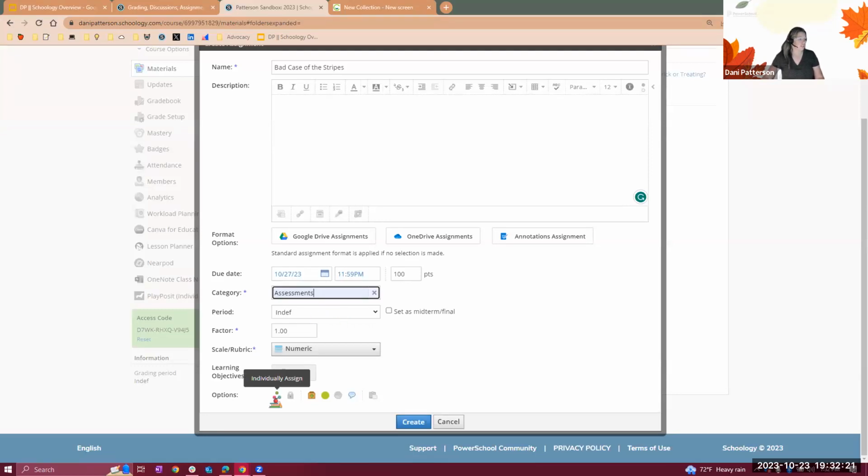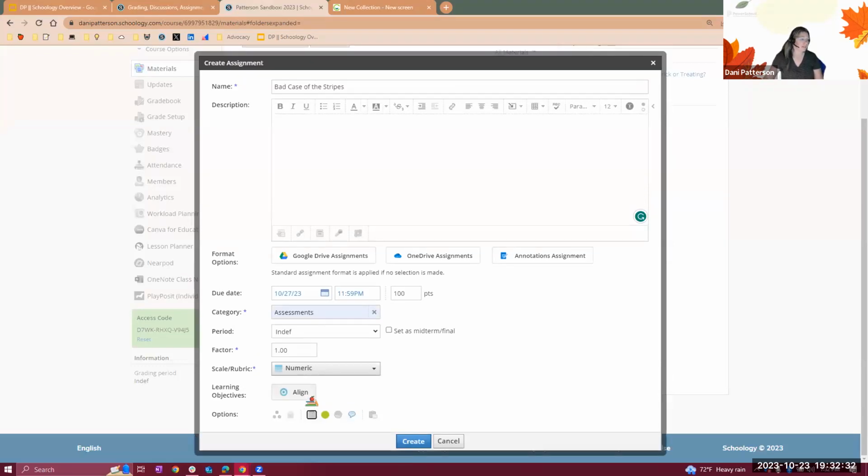I have my individually assigned. I have that lock button, meaning they can come back and look at their work. They can't submit anything else. I have submissions enabled, meaning they're able to submit. If I don't want them to submit anything, I can turn that off, and this just becomes like a row